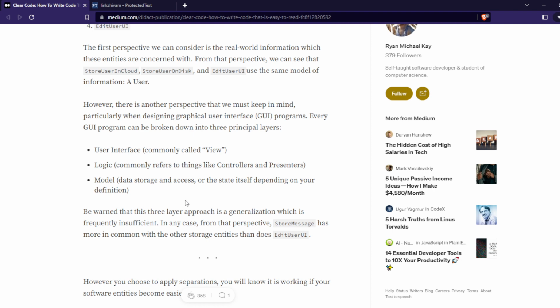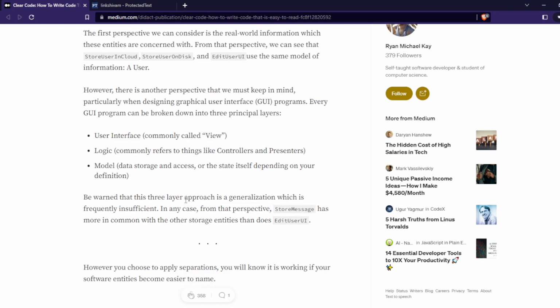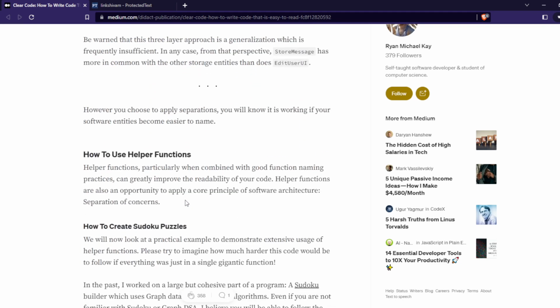We want that this three layer approach is a generalization, which is frequently insufficient. In any case, from the perspective of storage, it has more in common with other storage entities than the edit user UI. However you choose to apply separation, you will know it is working across a few software entities. How to use helper function, particularly when combined with good function name, can in practice generally improve